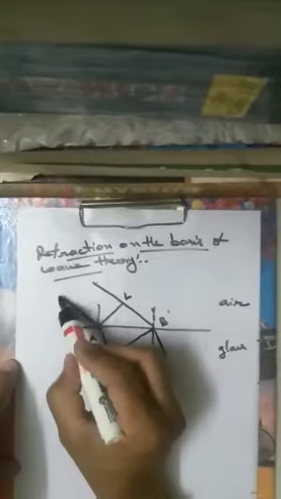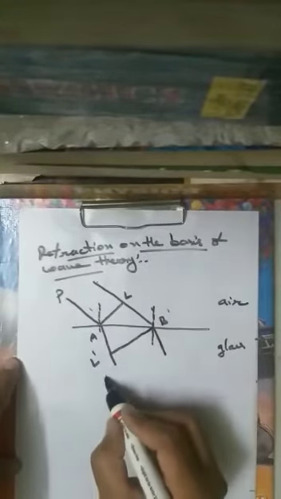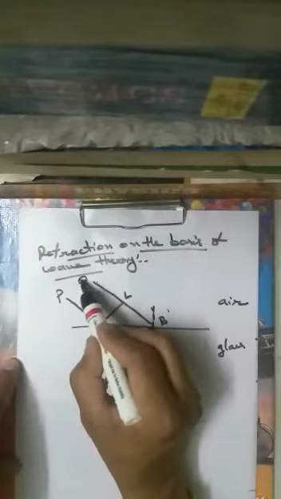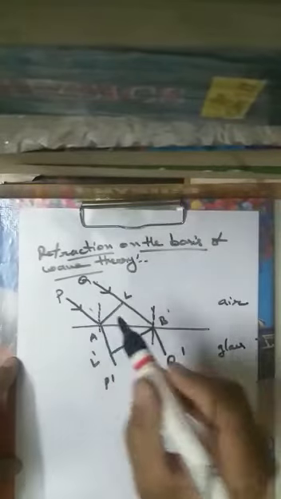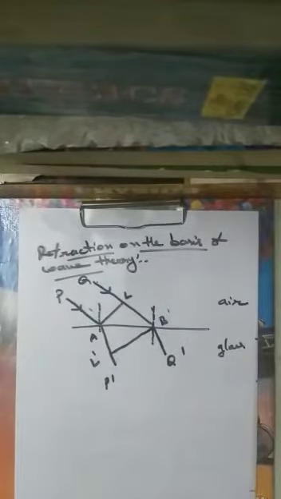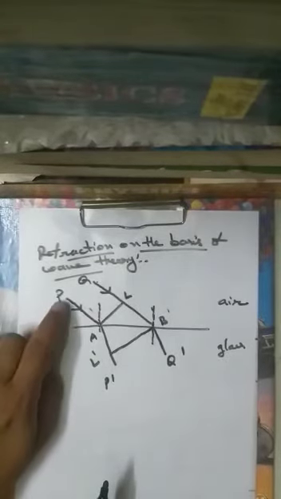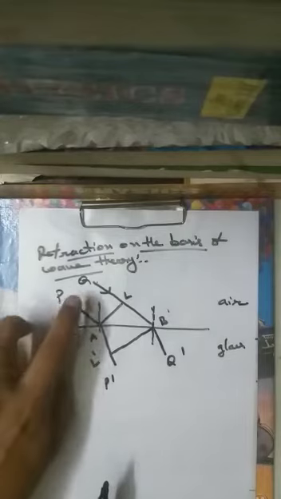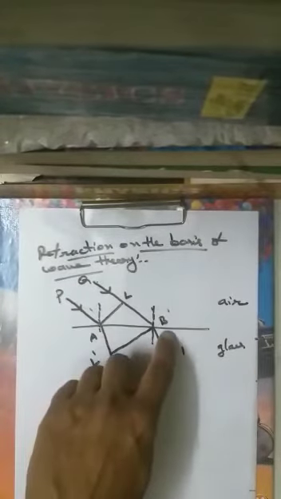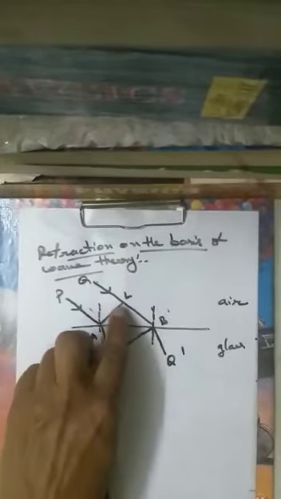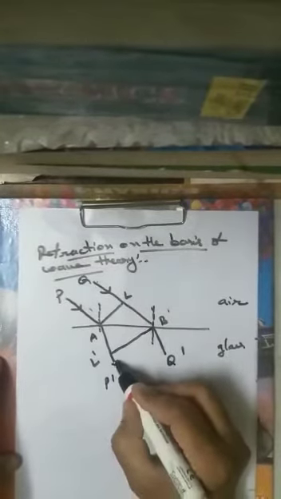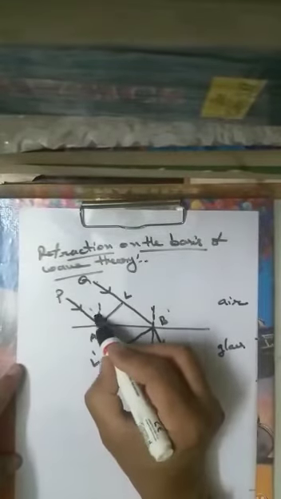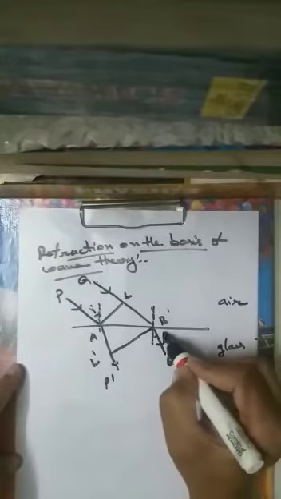This is the incident ray PA, P dash. This is the incident ray. So there are two rays, PA and QL, on the wavefront AL. Initially, the point P strikes at A and point Q takes more time to strike B. It covers the distance LB more. This is the angle I. This is the angle R.